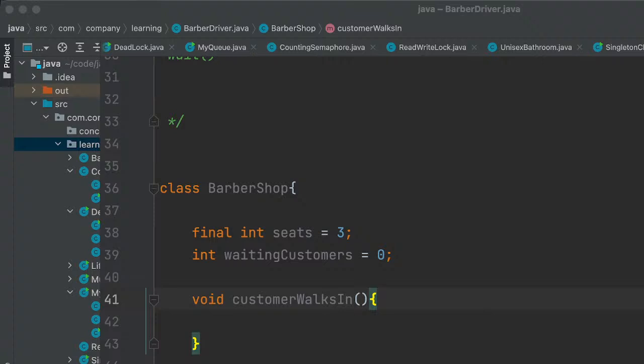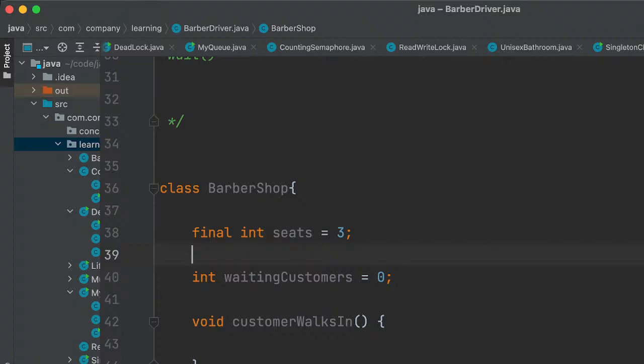APIs. So let's think about the customer thread. If it enters the shop, we need to update this variable, the number of waiting customers, atomically. The customer is a thread, right? So when it comes, you must lock this variable, and I check what the value is.